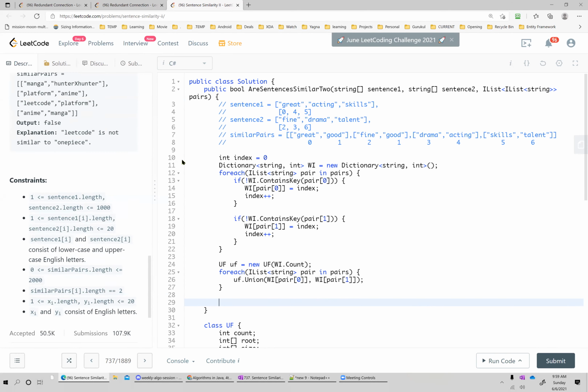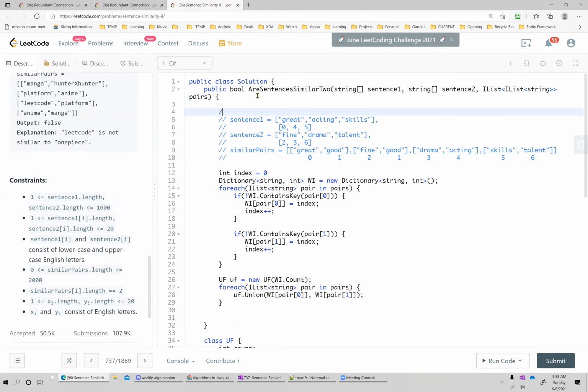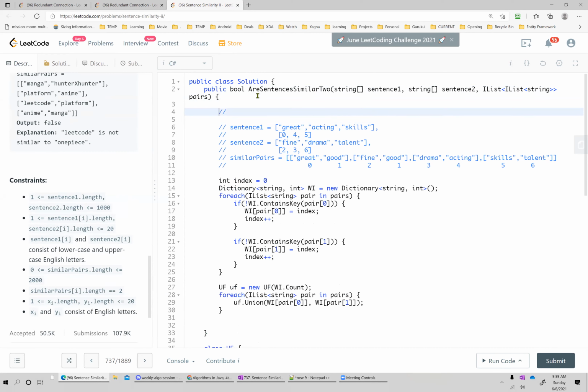Give me the example. I'll write it down. If you can write the first sentence and just add good to it. Yeah, so here I'll add good.